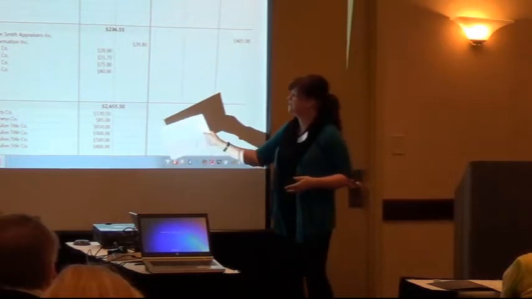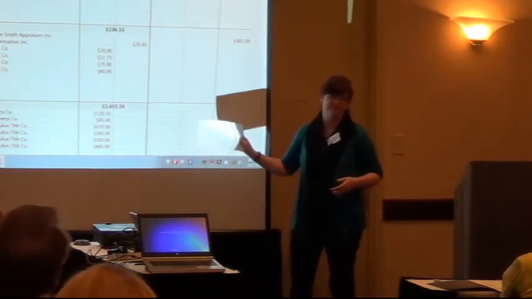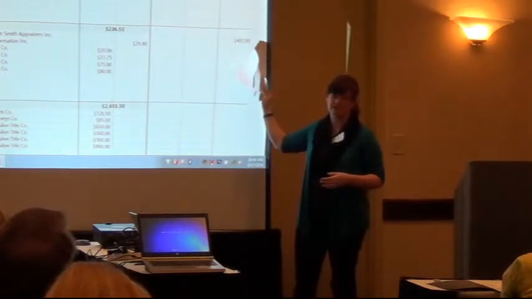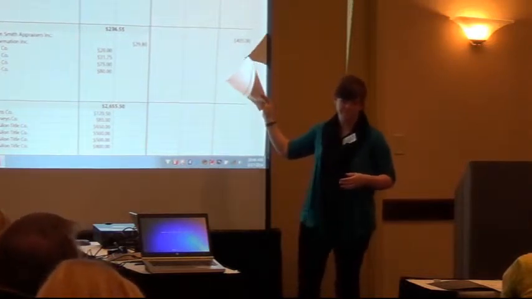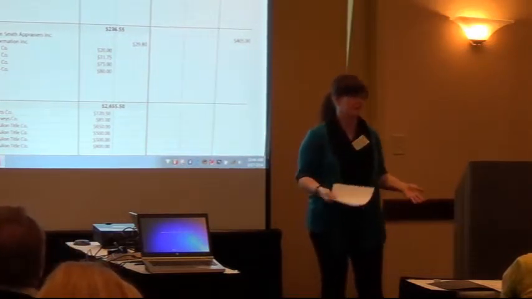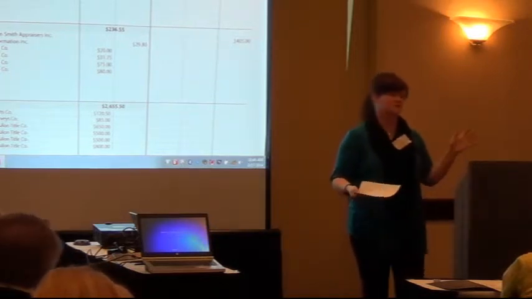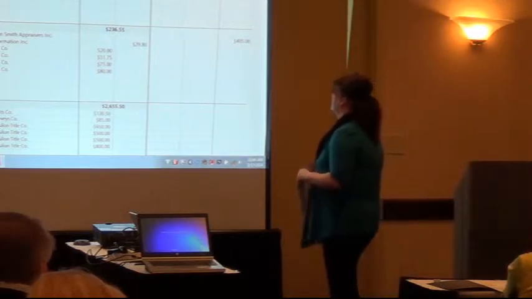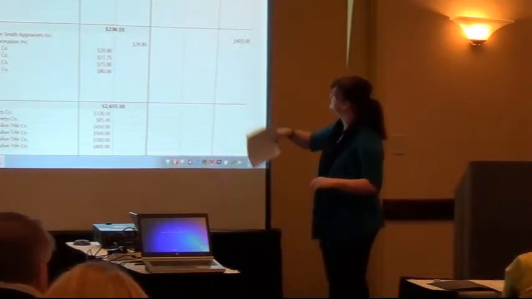So if the buyer paid anything before closing, then put it in here. If the seller paid anything before closing, you put it in here. If it was paid by others, it will go over here. And then you can mark L for lender. So if the lender paid for the appraisal fee, and it was $450, you put $450, L, paid by other. In this case, I think it's $405.